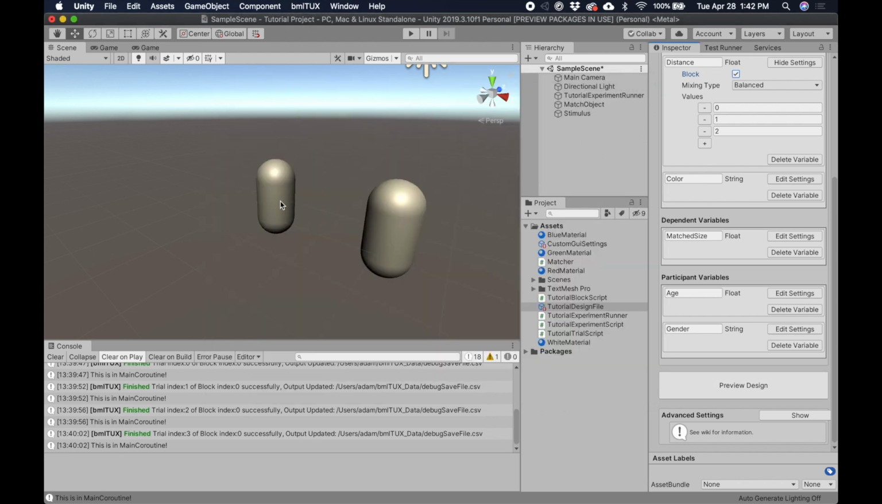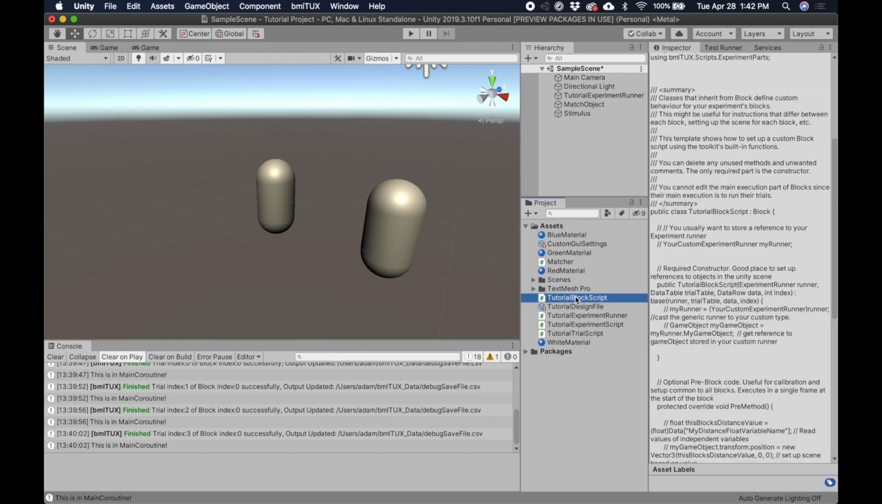And now we have to add the distance manipulation into our scripts. But because this is a blocked variable, we can't adjust it in our trial script because the trial doesn't really care what block it's in. So now we have to edit our block script because at the beginning of every block we want to adjust the distance but leave it the same for that whole block. So let's open up our block script,